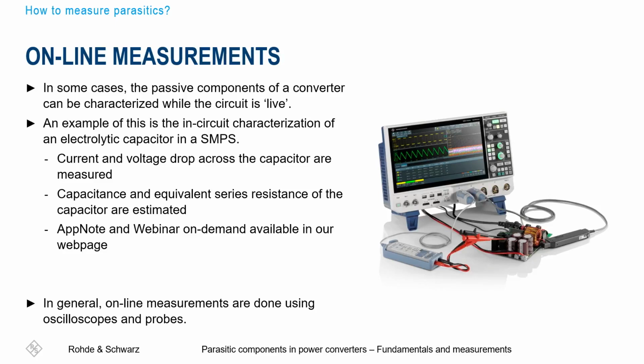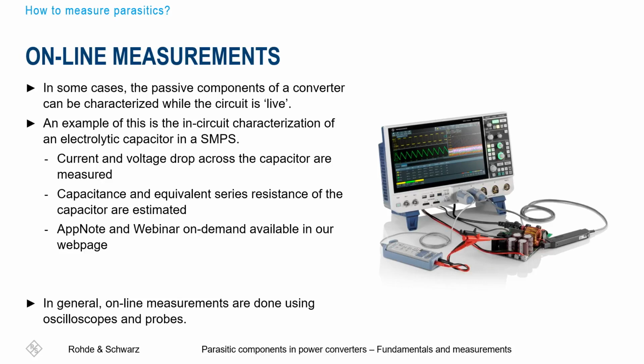To do so, we use the current and voltage signals and do mathematical operations to estimate the values of the passive components. An example of this is the in-circuit characterization of an electrolytic capacitor in a switch mode power supply. The current and the voltage drop across the capacitors are measured, and the capacitance and equivalent series resistance are estimated. There's an app note and a webinar on demand available on our webpage where you can find more detailed information